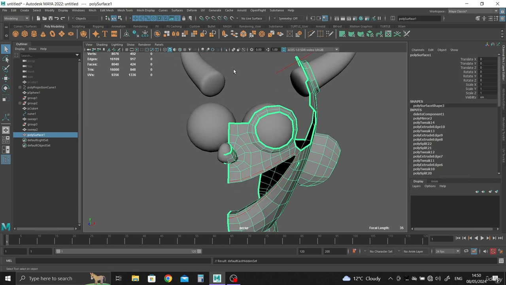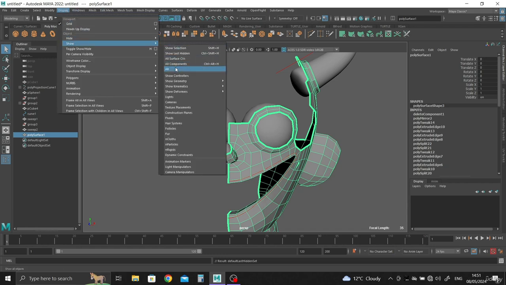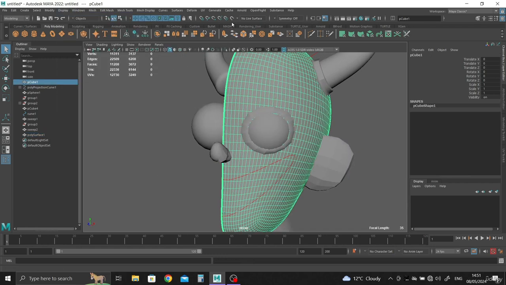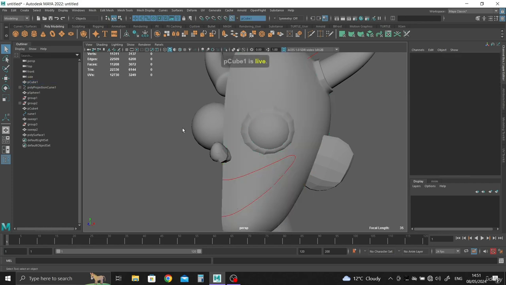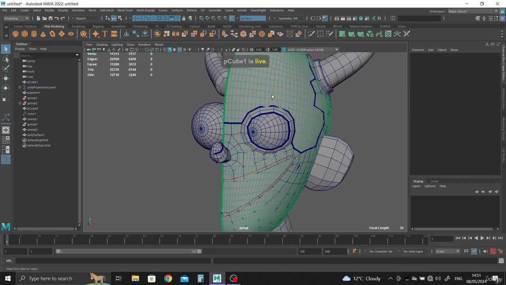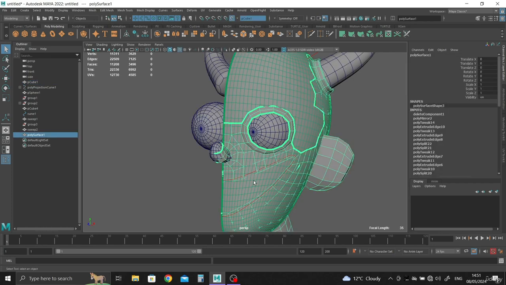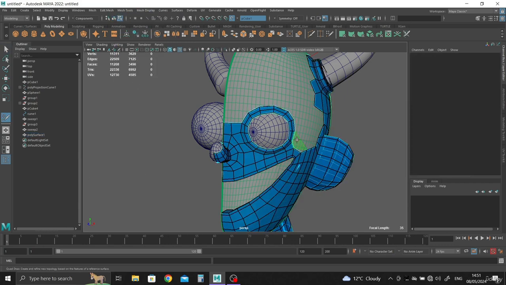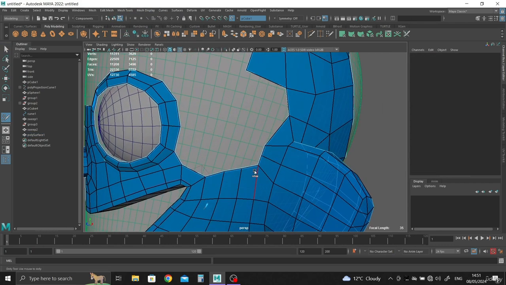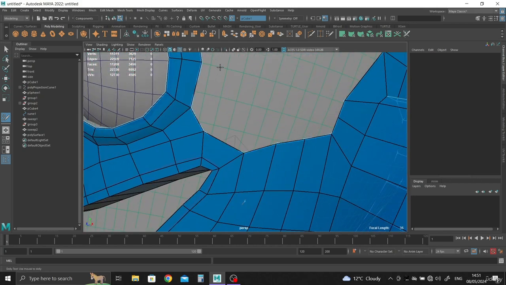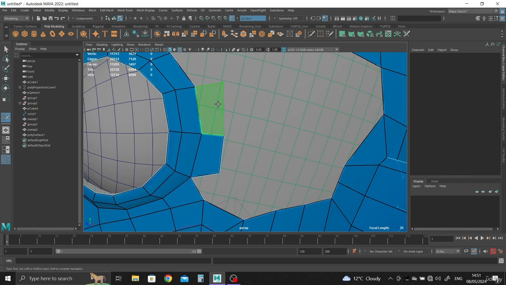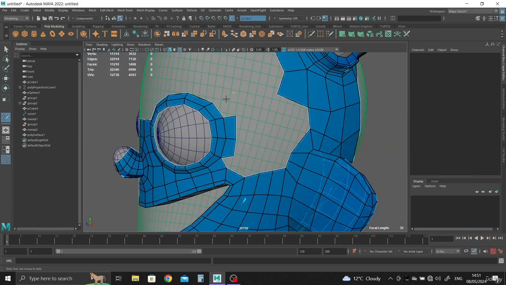and let's bring back, not the nose, but do display, show all. This, hit make live. Remember to turn the wireframe so we can see it, and then select the topology here, and then go back to the quad draw and just continue. And you just need to finish it off, that's all. So let's have a look, and just keep going until it's done, really,